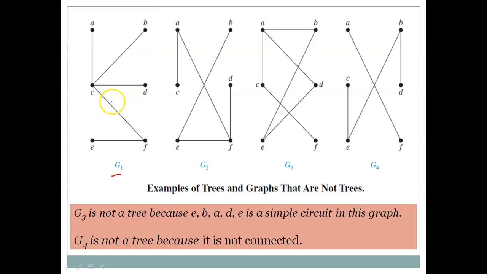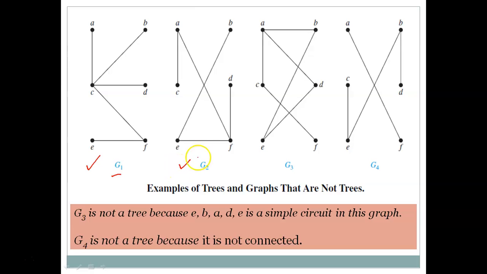Now let us see, is there any circuit? Circuit means any closed path. You can see there is no closed path, because all paths are open. There is no circuit at all. So all three requirements of being a tree are satisfied by this graph. So I can say this graph G1 is a tree. Exactly in the same manner, all the conditions are satisfied over here, so this graph is also a tree.